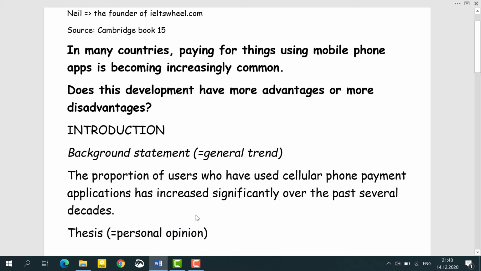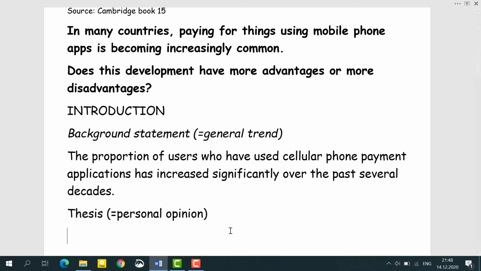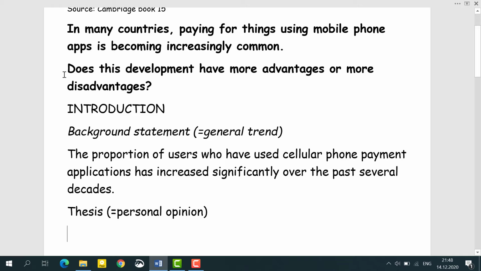All right, the next sentence is called the thesis. So the question is, does this development have more advantages or more disadvantages? The examiner wants to know our personal opinion on this. So how can we write this? Something like